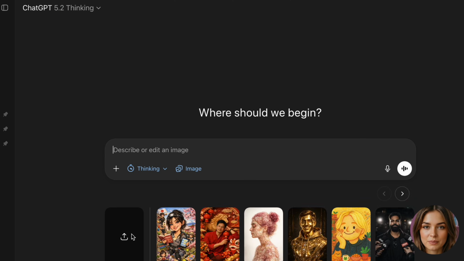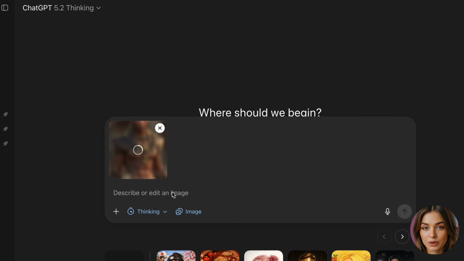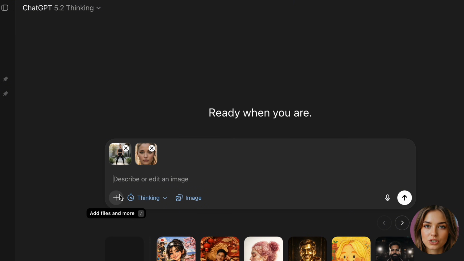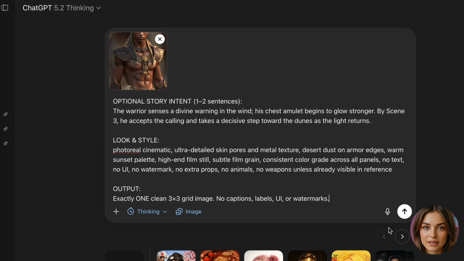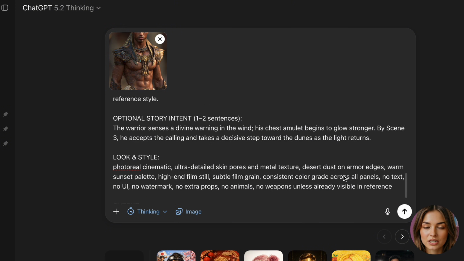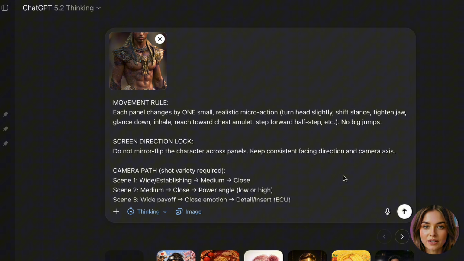If you're using ChatGPT with image tools, start by uploading your reference photo. If you want more control, you can also upload your character sheet and the environment image you saved earlier. I prepared 2 different prompts for this step. One is a simple version, which I recommend using with Nano Banana Pro. The second is a more detailed prompt that I personally use inside ChatGPT when I want a specific story emotion